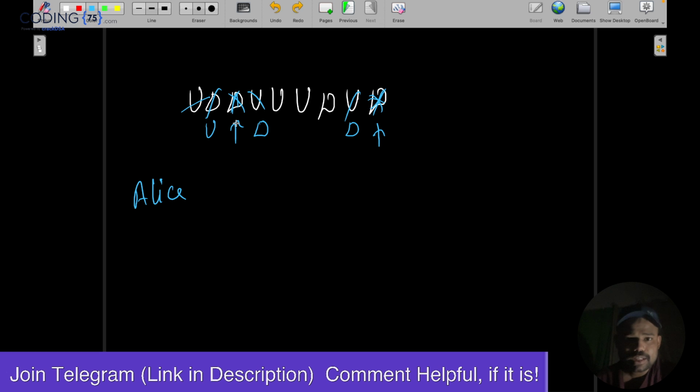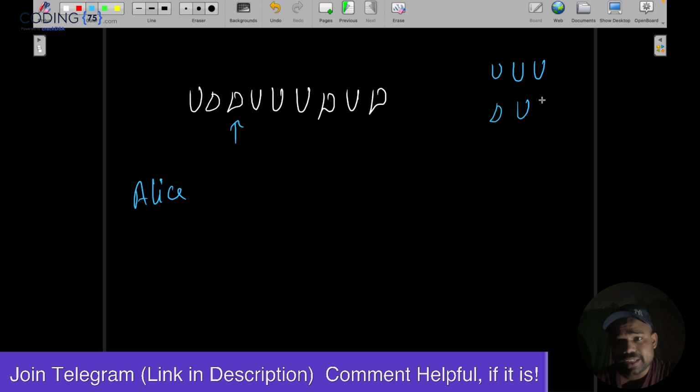Now look, if you will see, it can be either like this. Look, the middle coin will always be U. Maybe the neighbors of the middle are UU only. Maybe the neighbors of the middle are DD. Maybe one is U, one is D, or like this. So these will be the 4 possibilities that will happen.